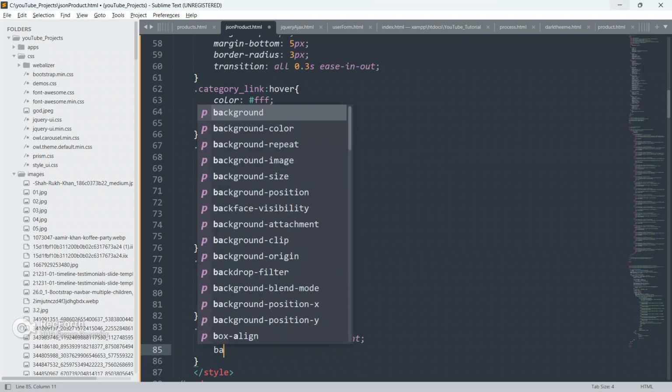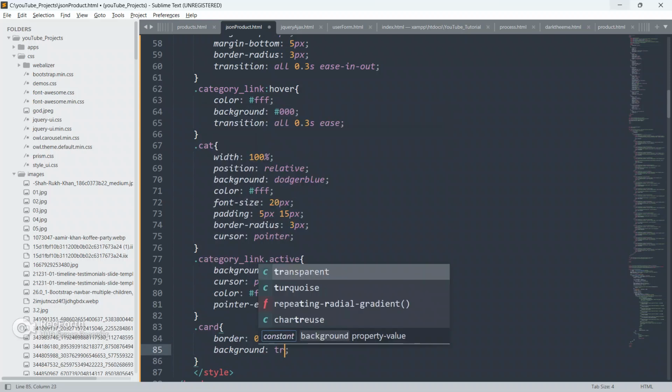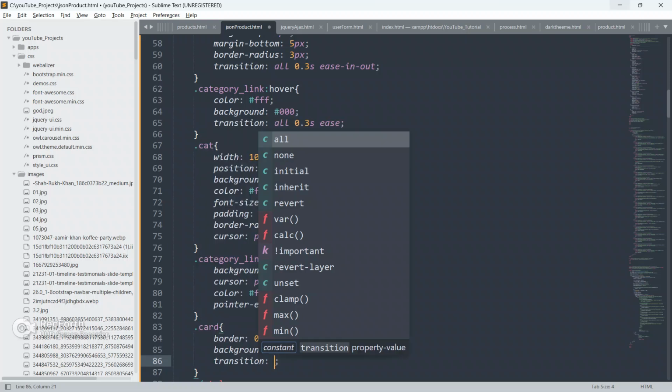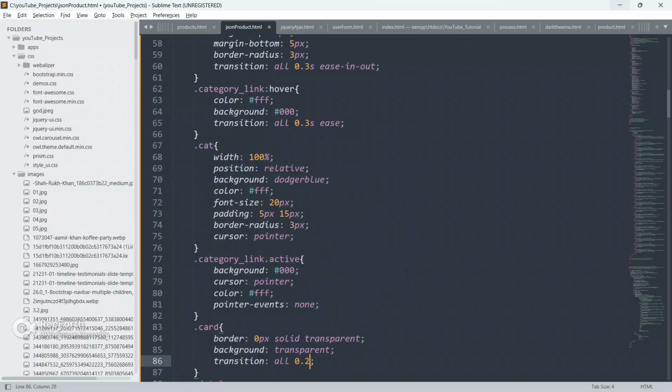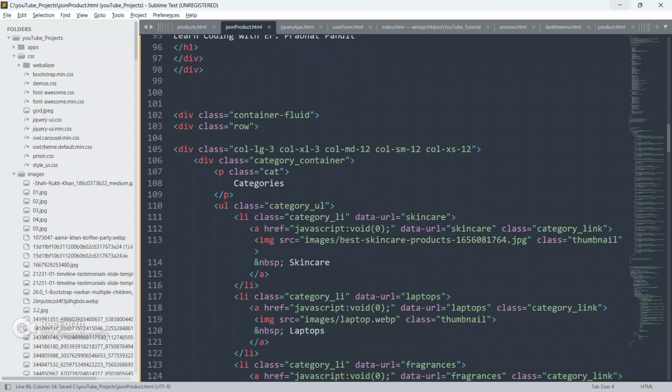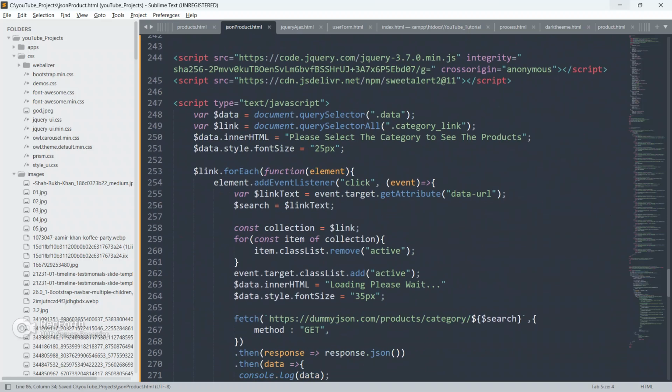Give border 0px solid transparent, give background also as transparent, give transition all 0.2 seconds.